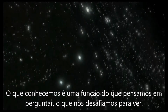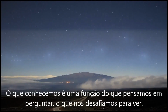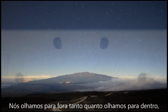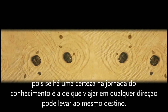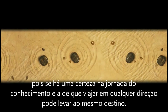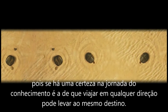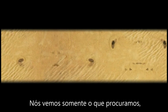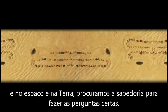What we know is a function of what we think to ask, what we challenge ourselves to see. We look outwards as much as we look inwards. For if there is any certainty in the journey of knowledge, it's that travel in any direction can lead to the same destination. We see only what we look for. And in space and on Earth, we seek the